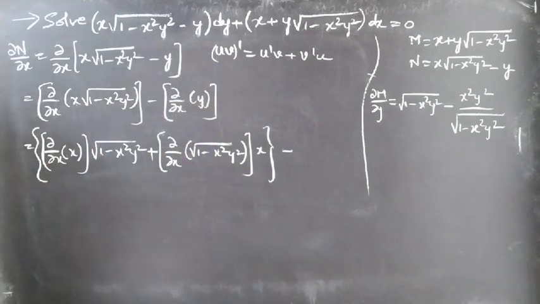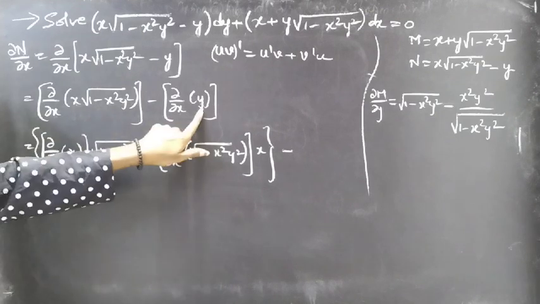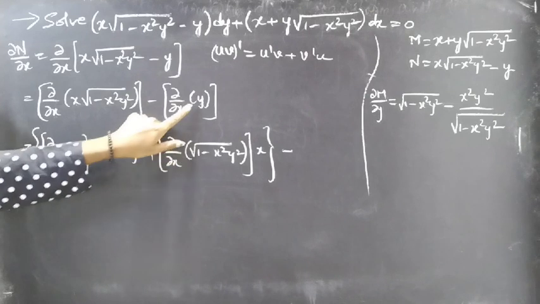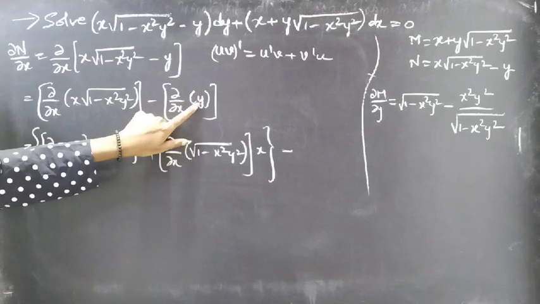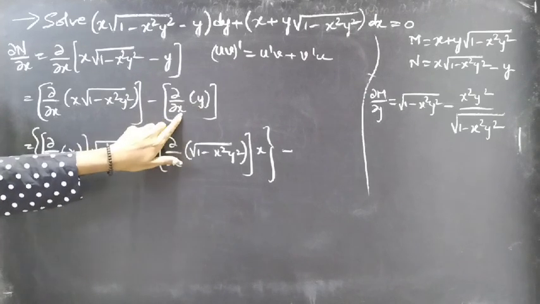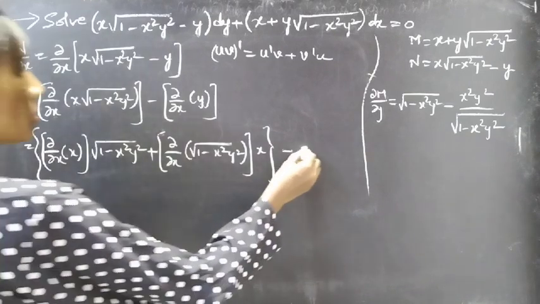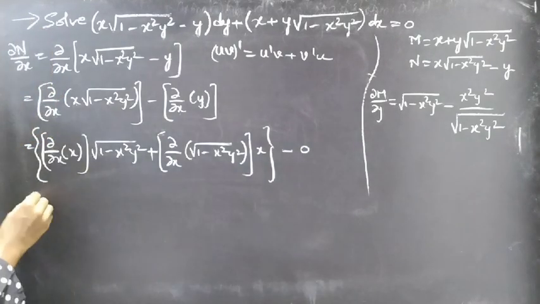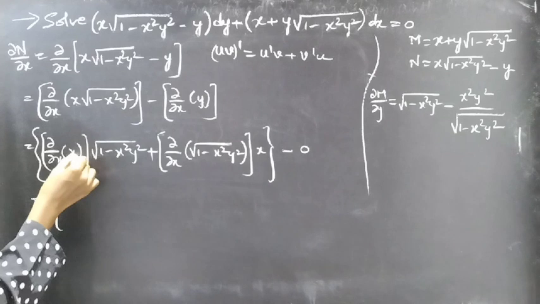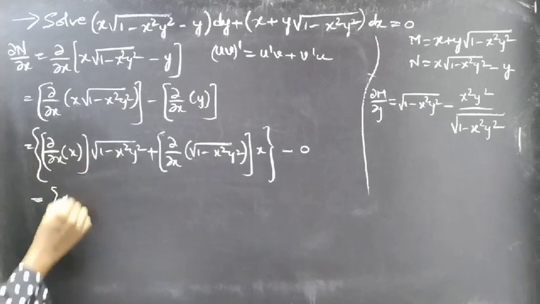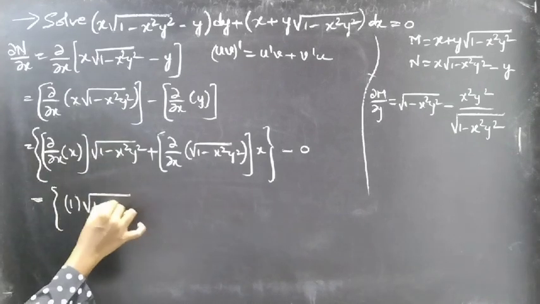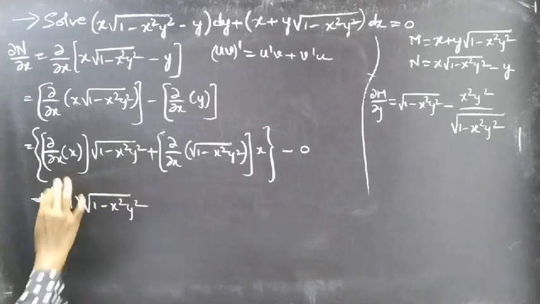Since it is a partial derivative with respect to x, y is treated as constant. Then partial derivative of y, that is a constant, with respect to x gives us 0. This equals partial derivative of x with respect to x is 1 into square root of 1 minus x square y square